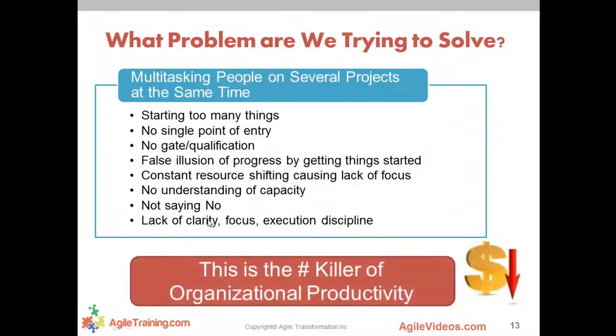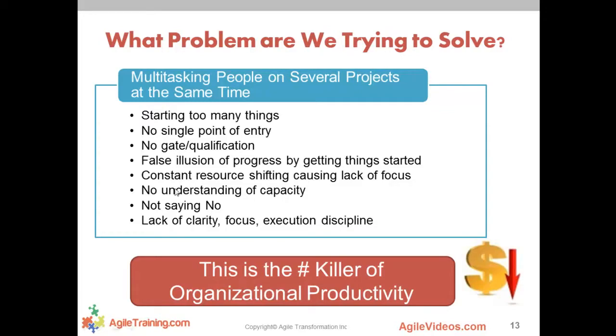In case I haven't said this clearly, this is the number one killer of your productivity and your effectiveness as an organization. So even Agile, and I've seen so many organizations try to apply Agile at the team level, which is awesome, and they start to see some traction. And then the old school mentality of shifting resources, pulling them out of the Agile teams, shuffling them around, having them work on five project teams at the same time, all that kicks in again, and then everything that you've tried to do with your Agile team starts to erode,